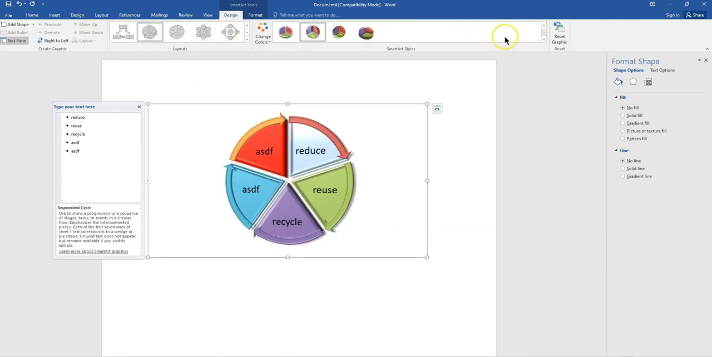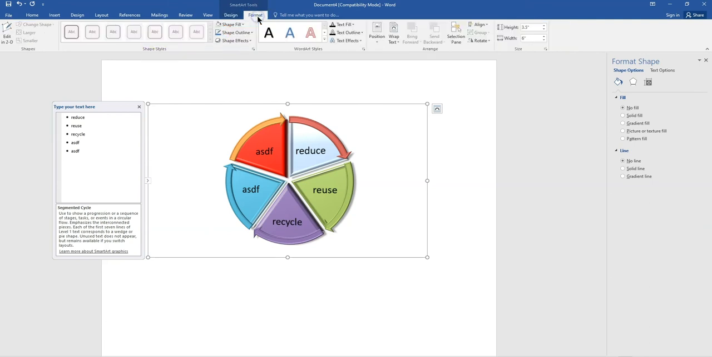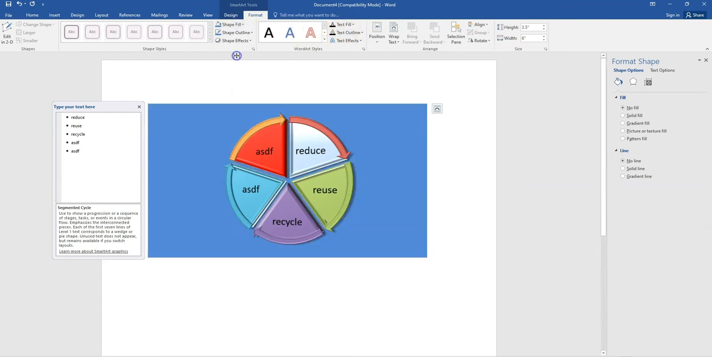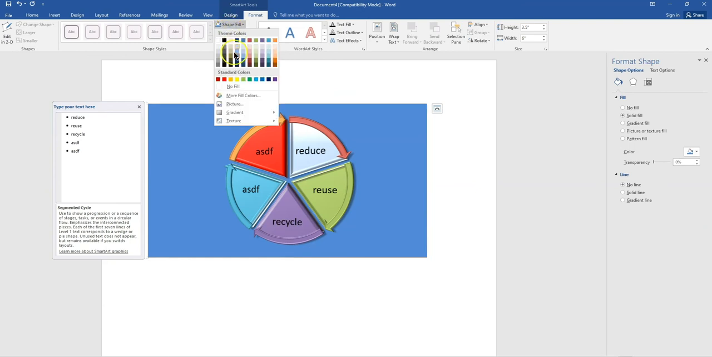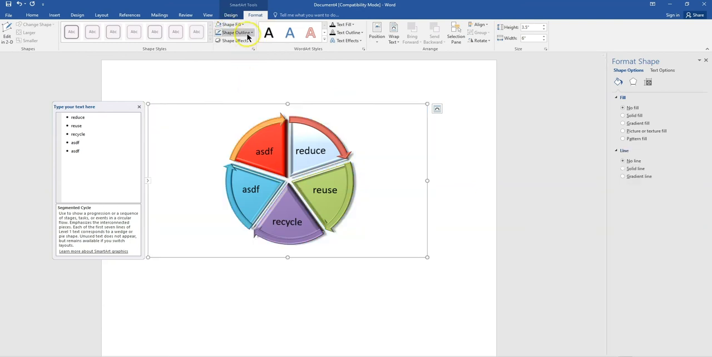You also can come, let's see, here, and you can do your fills from here. That's the shape fill. I probably don't want that. But if I do